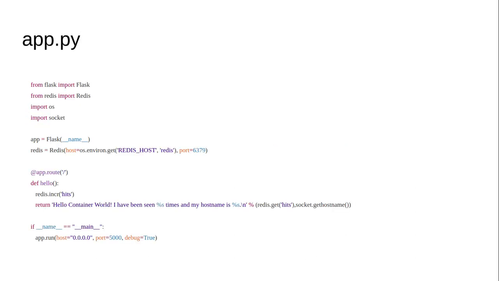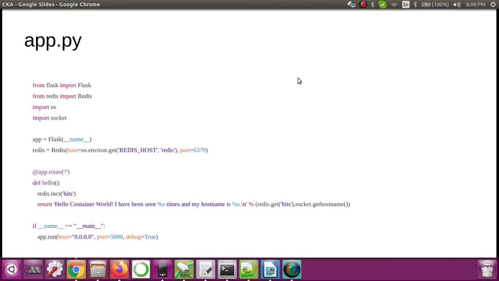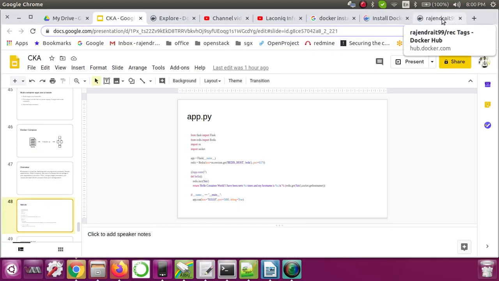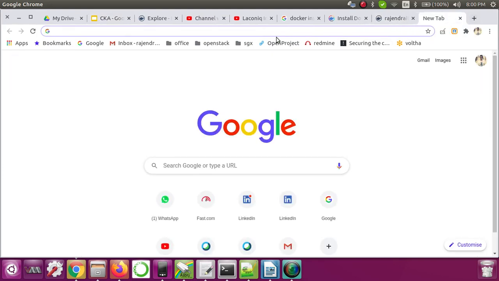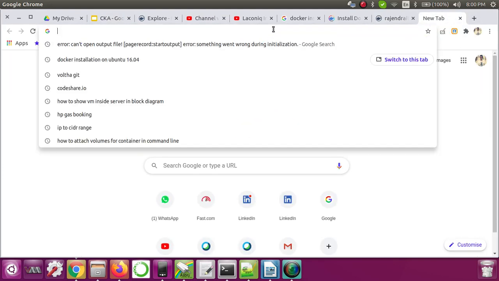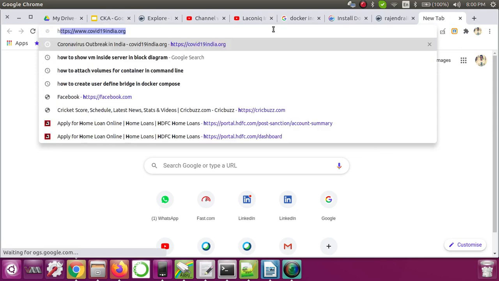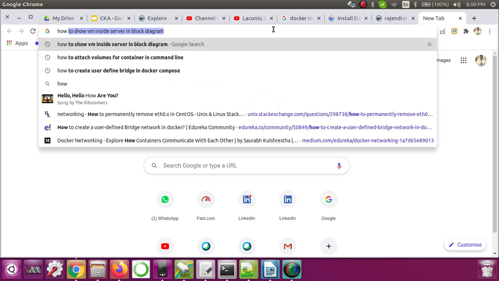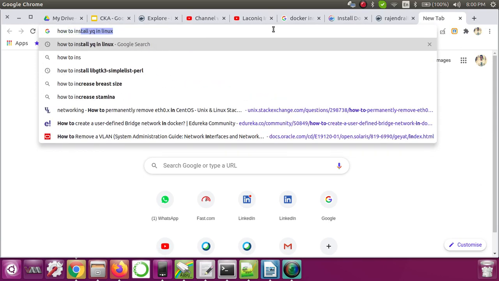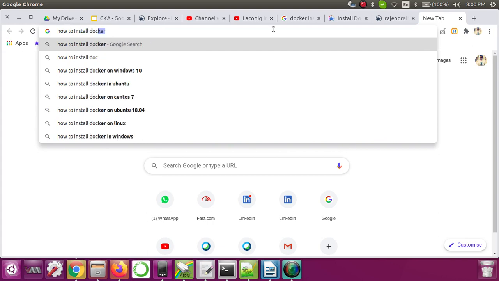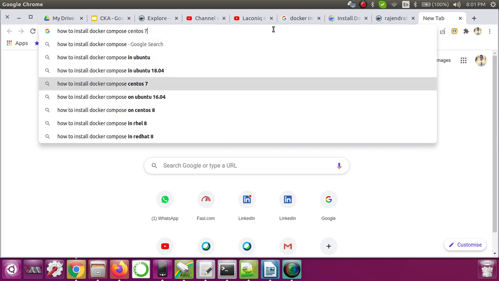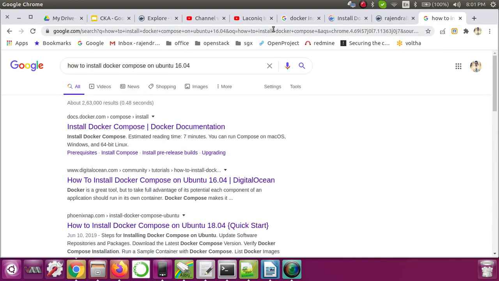Before starting with the example, the first thing we need to do is install Docker Compose. To see how to install Docker Compose on Ubuntu, type on Google how to install Docker Compose on Ubuntu 16.04, or whatever version you have.